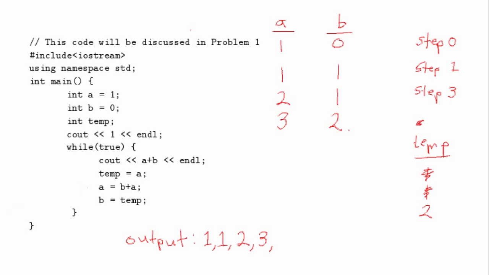Okay, and we're going to go back to, I just ruined my brush, now we're fine. So I go back here to the beginning of the while loop, and it says cout a plus b. So that's 3 plus 2. This is actually the end of the program, I mean the end of the program as far as we're concerned, because